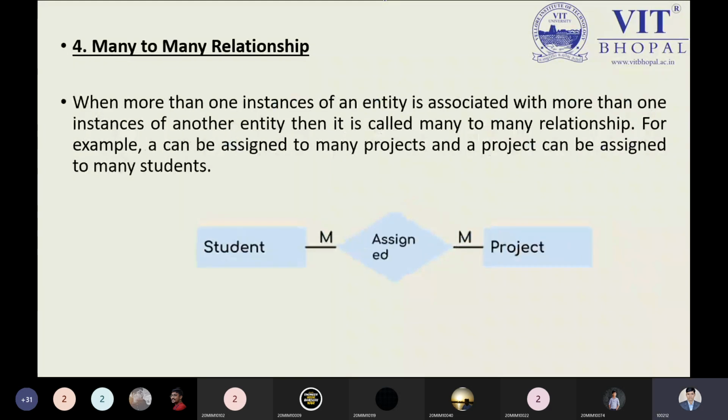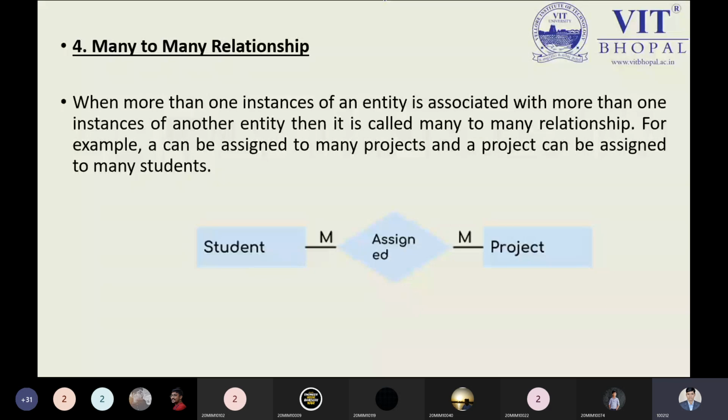And many-to-many: many students are assigned many projects. This is a good point. Many students are busy with many projects. As a student, you are involved in project one or project two, which is assigned by your faculties, and other students are also busy. Overall, in the database, what we are observing is that the same student can be busy with many projects. There is no fixed policy, such as only one project being assigned in this semester. Multiple students can design their projects or be involved in multiple projects. This is the real application, a real example.